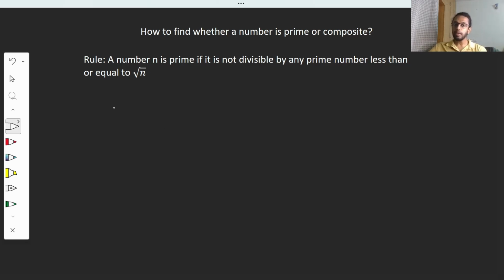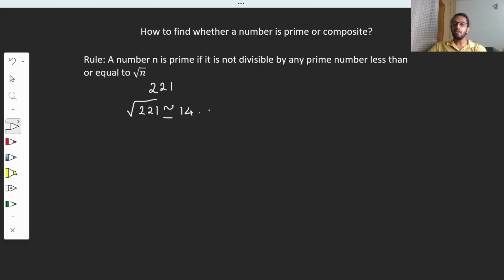A number n is prime if it is not divisible by any prime number less than or equal to root of n. To understand this, I'm taking an example of 221. If we would like to know whether 221 is prime or not, there are so many numbers by which this 221 can get divided. So we boil it down to this rule where we take the root of 221, which is approximately equal to